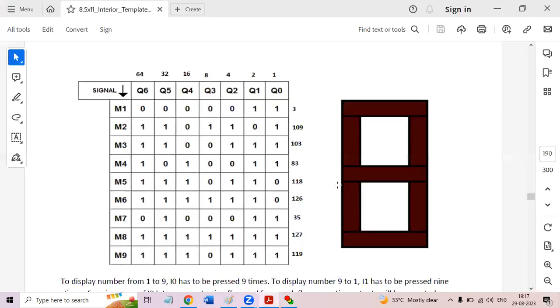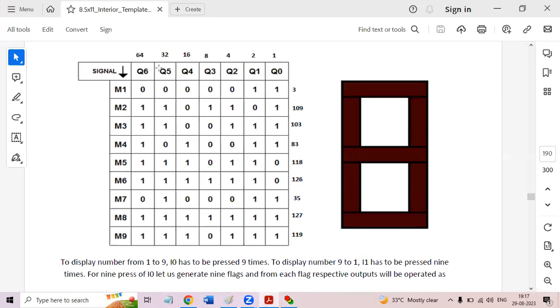You see, except this Q6, all should get on, right? Q0 to Q6: Q5, 1, 0, 1, 2, 3, 4, 5. This one we should not get on. So it will make a 0 display. For that, Q6 you leave, the others you have to add. So 32, 16, 8, 4, 2, 1, if you add, I think it will come to 63. So we need to display 0 by moving 63